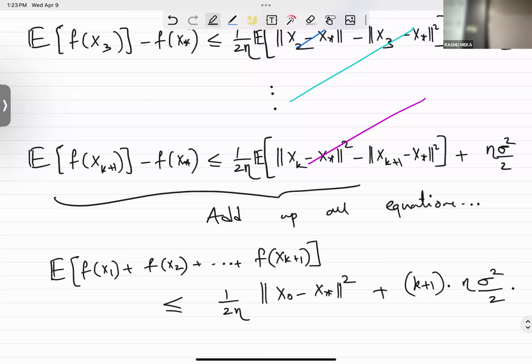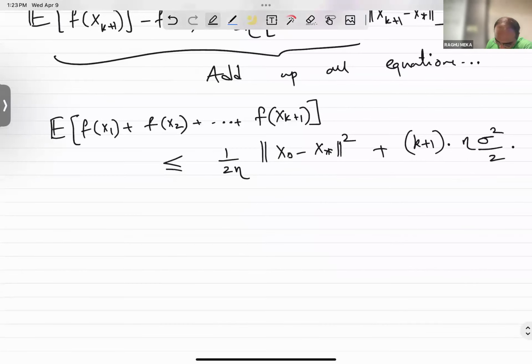And then we have the expectation on the left. All right. Okay. So this was where we were even for gradient descent. And if I simplify this, I get